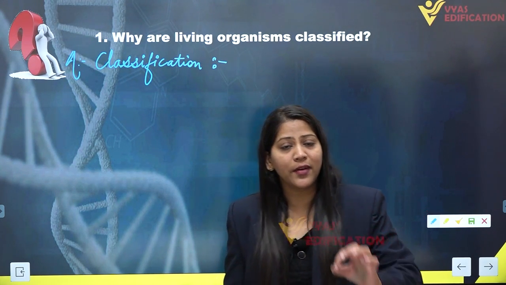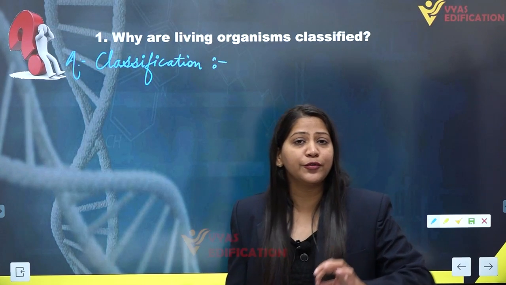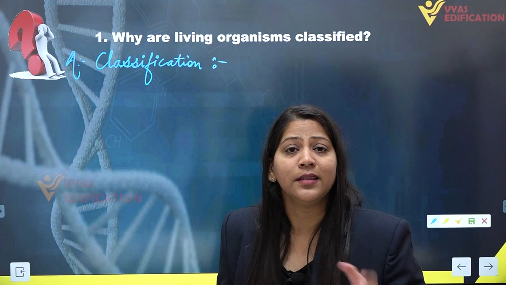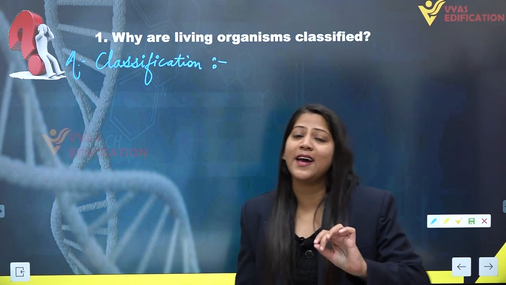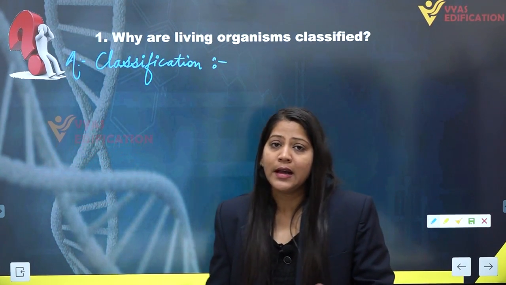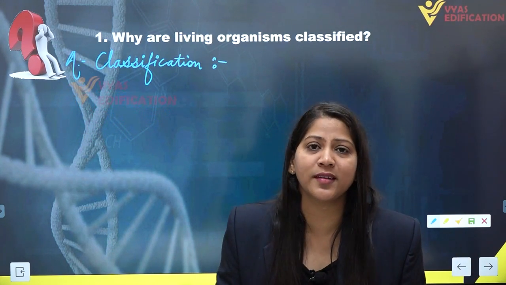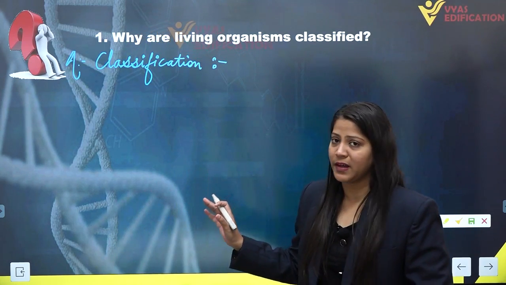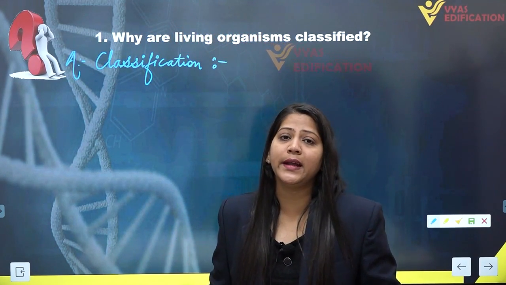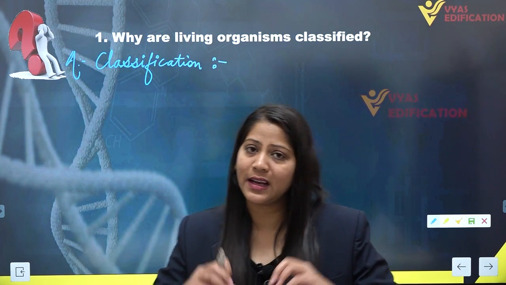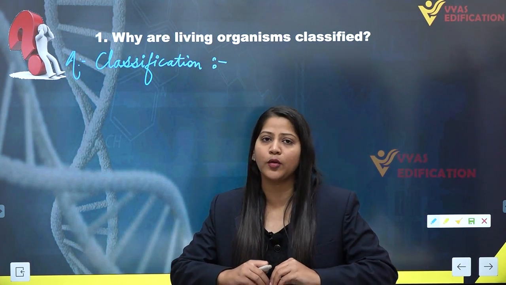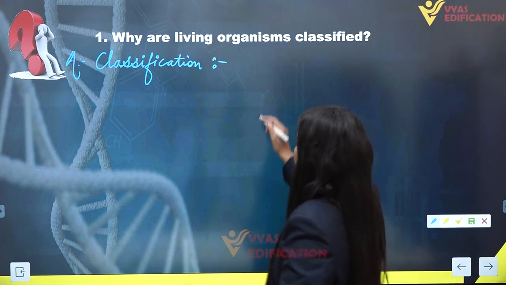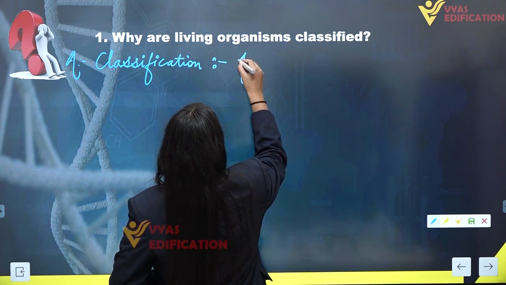Then we identify that particular organism, and after identifying the organism, we provide the organism their scientific as well as the common name. So this whole set of processes constitutes a whole system which is known as classification, and after providing names to the organism, we classify those organisms based upon their characters into different groups. So classification is a whole set of